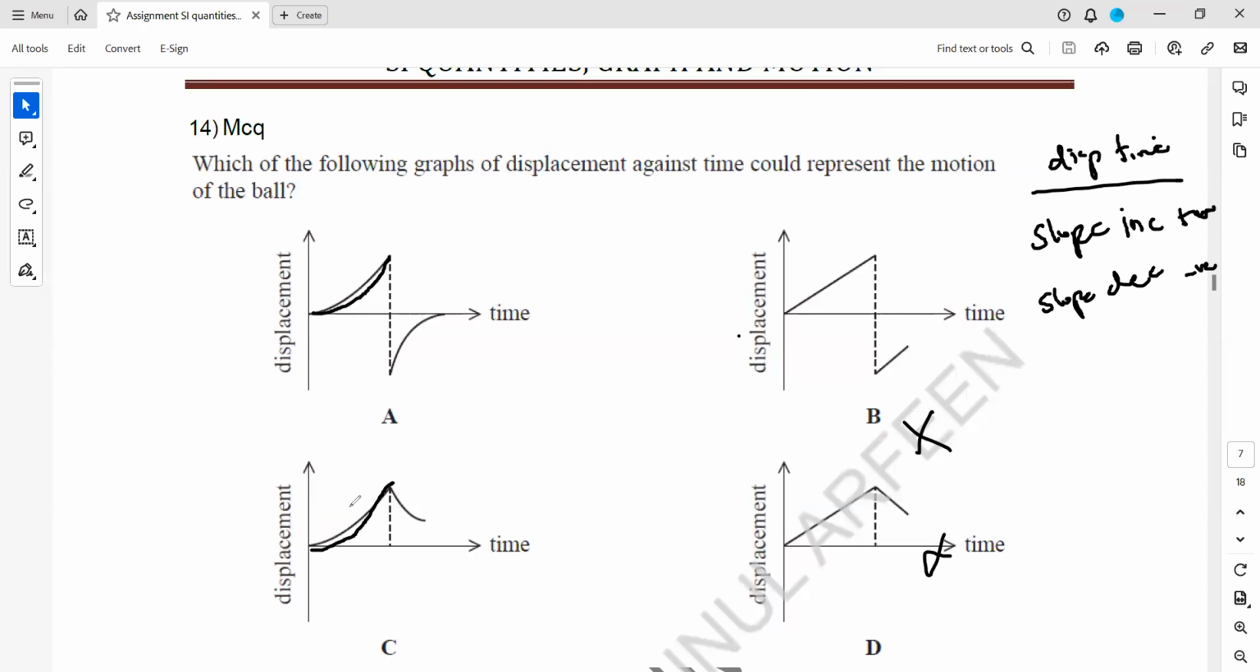And what about the second part? As the slope was increasing, in the second part the slope should decrease, and it should be negative. Here the slope is decreasing, but it is positive, because this is y1 and this one will be y2, so y2 is above y1. So here the slope is decreasing, but it is positive. But when we check this one, here the slope